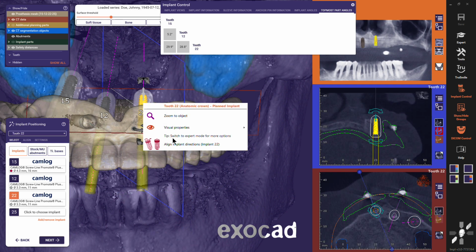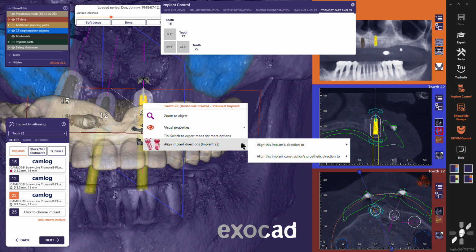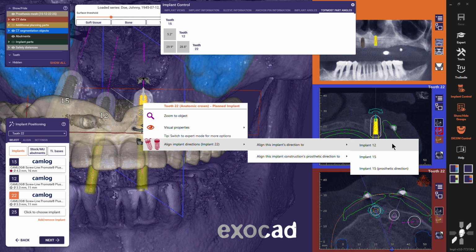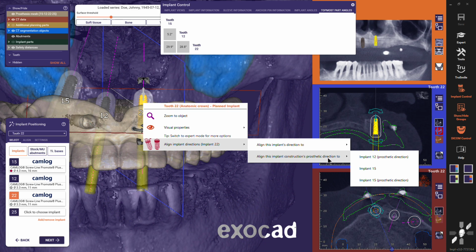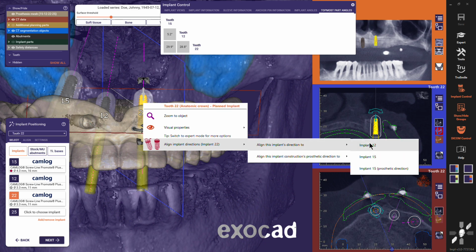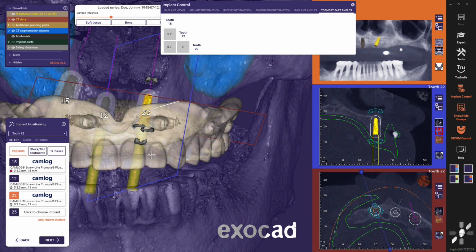A new feature in the implant positioning step is the possibility to align implants with a few clicks. If you right-click the active implant in the 3D view, you have the option to align the implant direction or the prosthetic part's direction to another implant or to the direction of the prosthetic part of another implant.